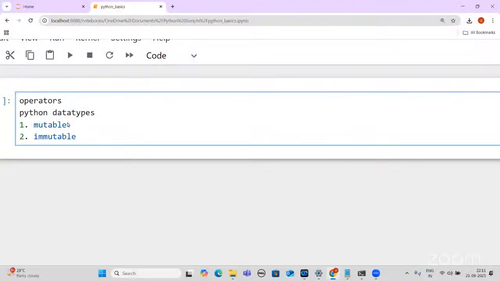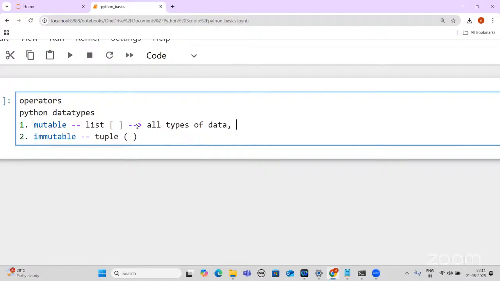We are talking about immutable and mutable types. We have seen the list in the mutable data types, and in the immutable data types we have seen the tuple. These two things we observed yesterday. The list uses square brackets, and the tuple is given in parentheses. And list, we know, will allow all types of data,